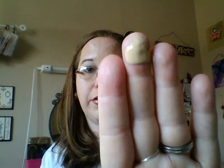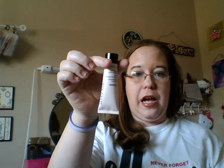Okay, so I went on ahead. This is the color I have. You don't need a lot of this. I like to store mine like this in my carousel behind me. That way it just stays down in the tube. And let me go ahead and see if I can, I'm going to swatch this on this hand